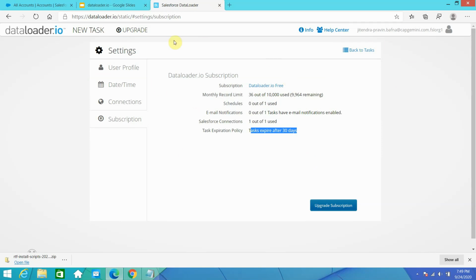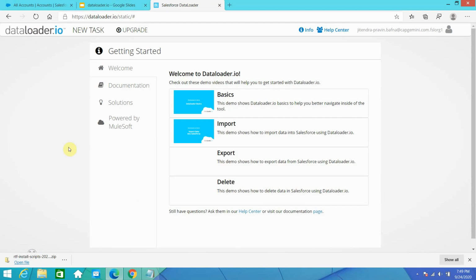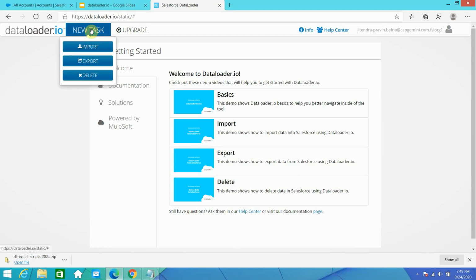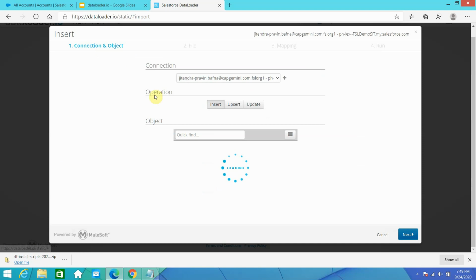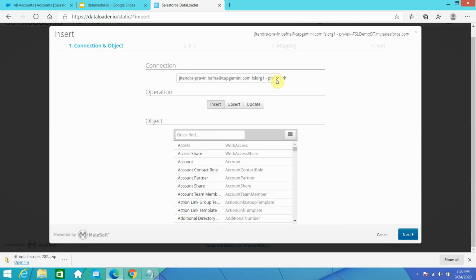Now let me go back to my home page. I am going to read an account CSV file from Box, and I will import those 12 accounts into the Salesforce account object. So let me create a new task. I will click on import, and my connection string for Salesforce is already there.